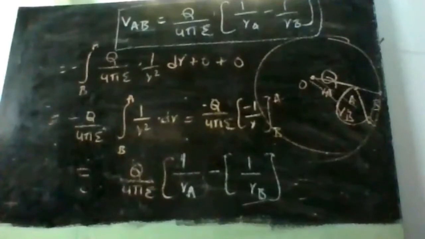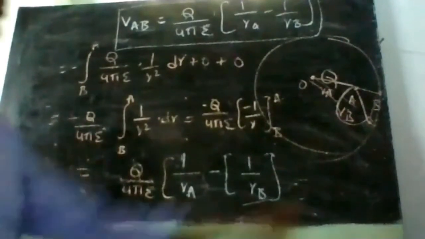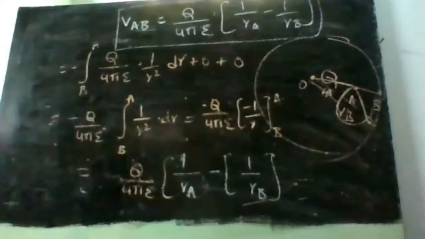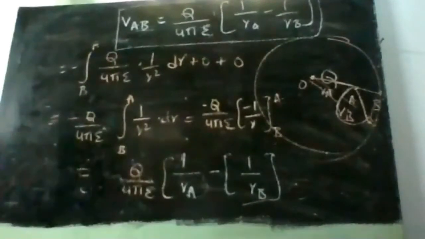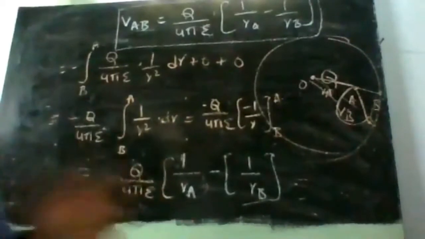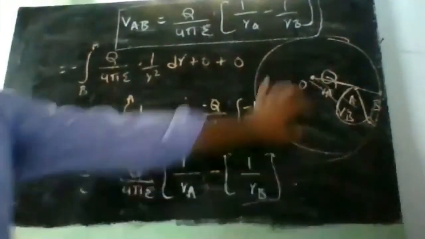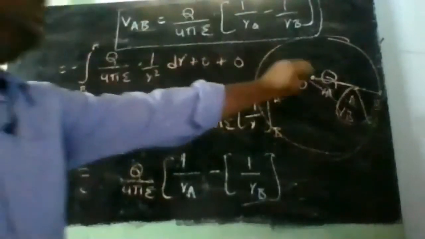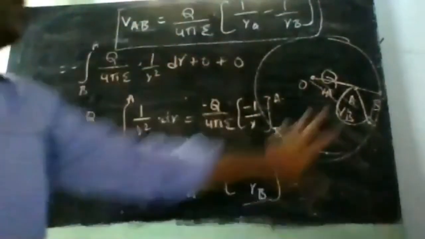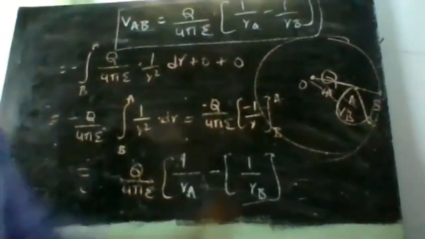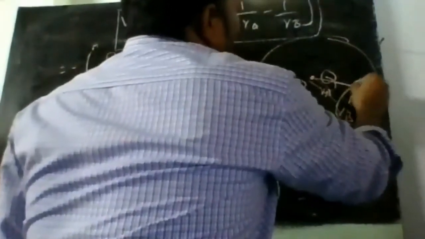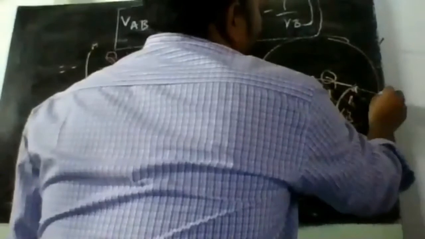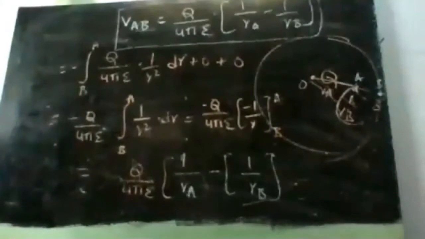So because of a point charge, between any 2 arbitrary points A and B, what is the potential difference? This is the expression. Clearly understood? Okay, I'll repeat it again for a quick recap. I have a point charge Q. Because of this point charge there will be some field developed. Inside this field I am taking 2 points, a point A and a point B. Wherever you like, point B can be taken here also. So there are 2 points, point A and point B.